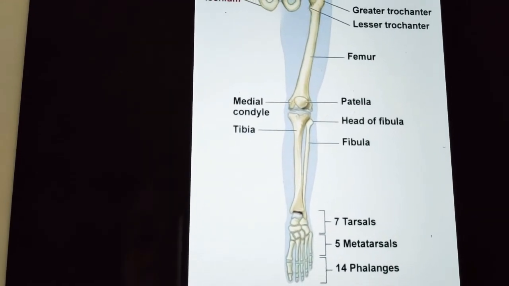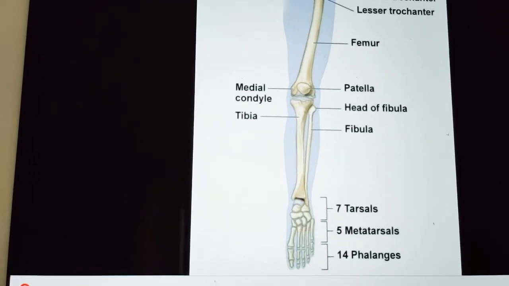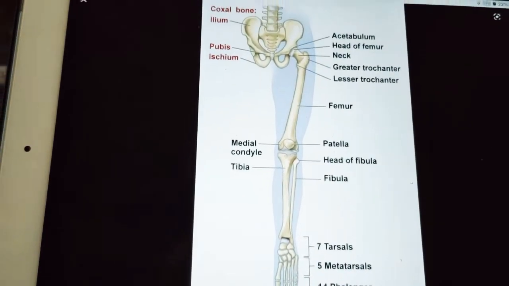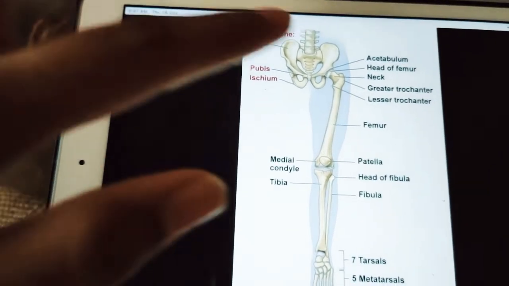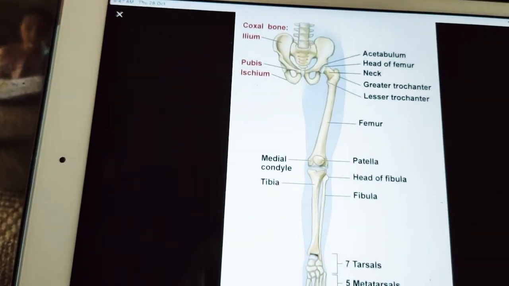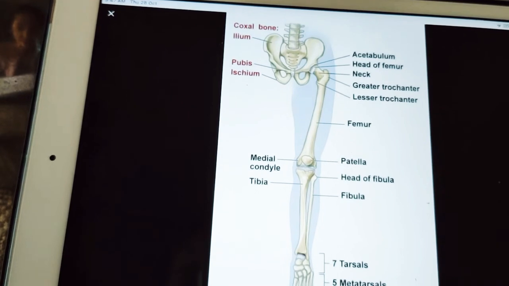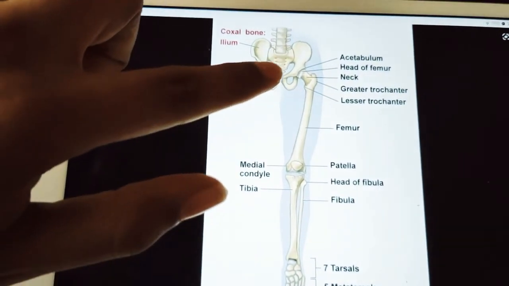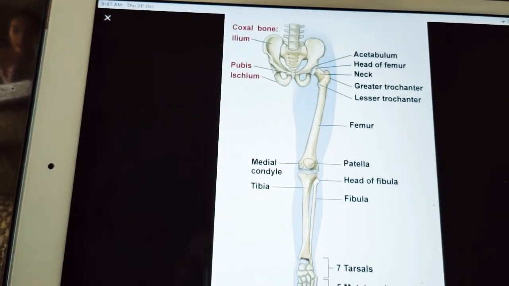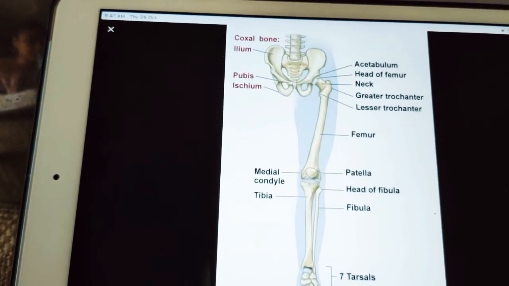So now we'll start with the bones of the lower limb. What are the basic bones? First coming to the gluteal region, it covers the back. This is the gluteal region. It mainly covers the back of the pelvis. The main bone is the hip bone. You can see here, this is the hip bone, and of course the joint over there is the hip joint.